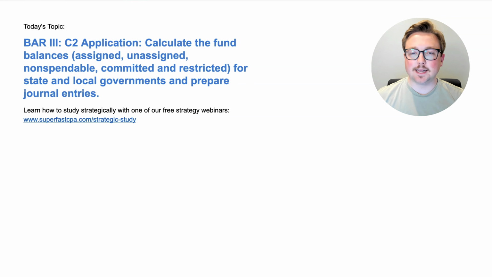I'm Logan, and in today's video, we're going to be going over bar area 3. This is section C2, and this is an application topic. Calculate the fund balances, including assigned, unassigned, non-spendable, committed, and restricted for state and local governments, and prepare journal entries. And we're going to be doing that the SuperfastCPA way, which is diving straight into the questions to learn the